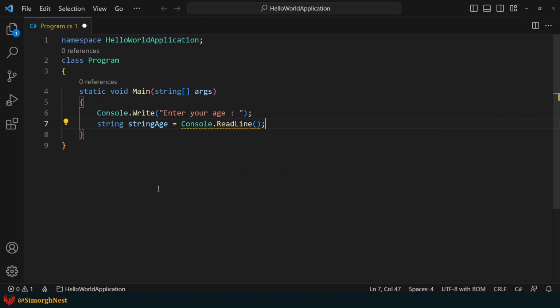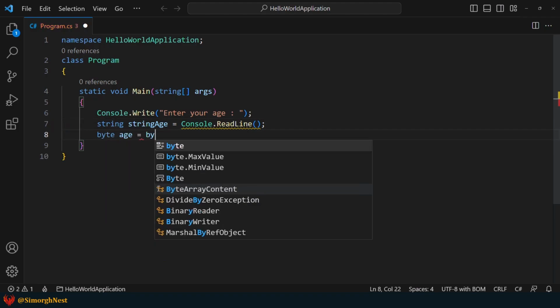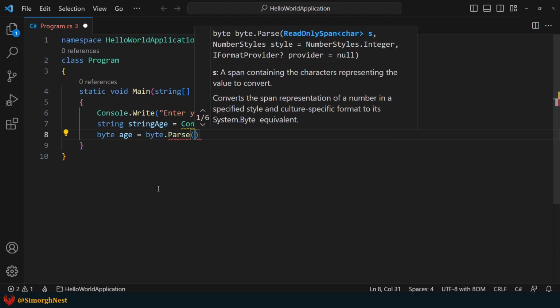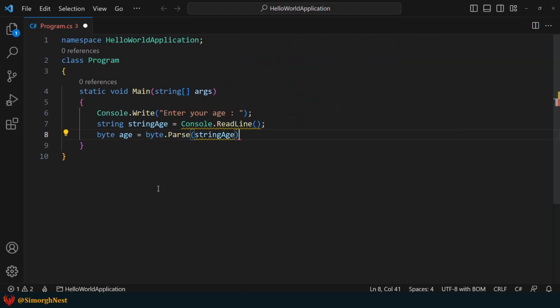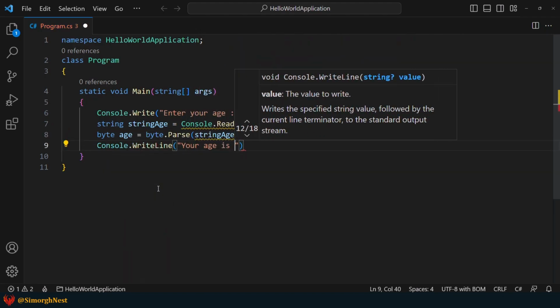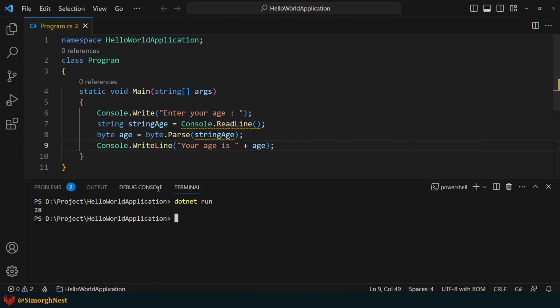Then for converting the string age to a byte, we can use the parse method. So byte age equals byte.Parse method, parentheses, between them string age. And finally, let's display the age in the terminal. Go ahead and save the file and let's test it out.